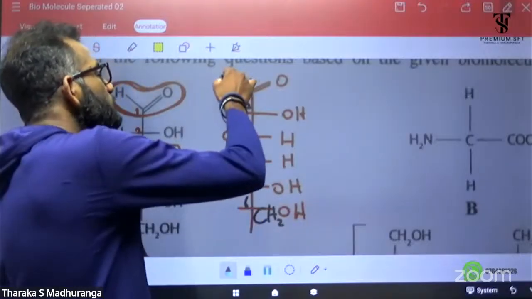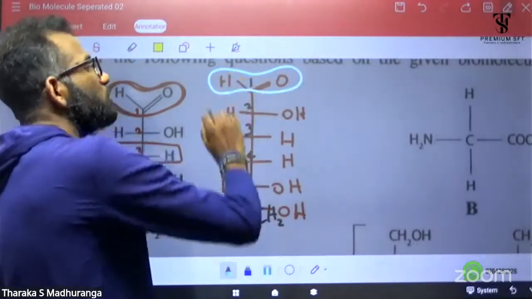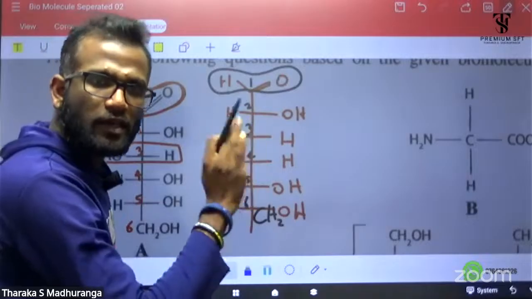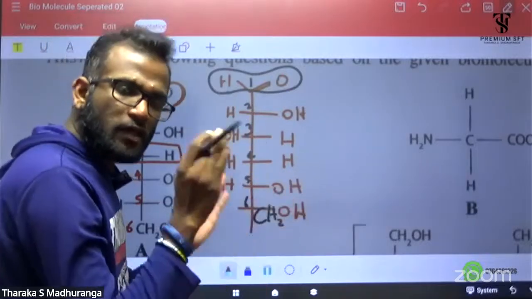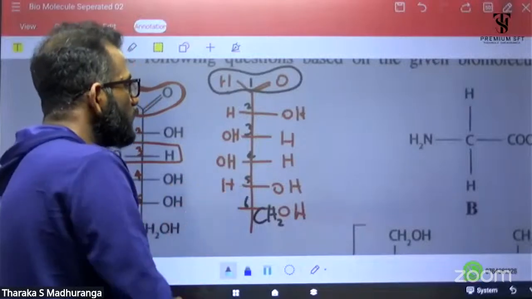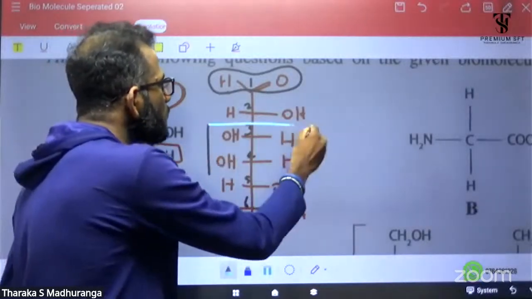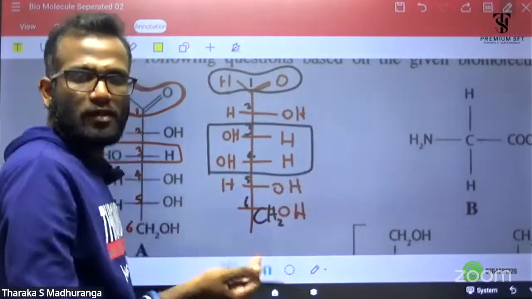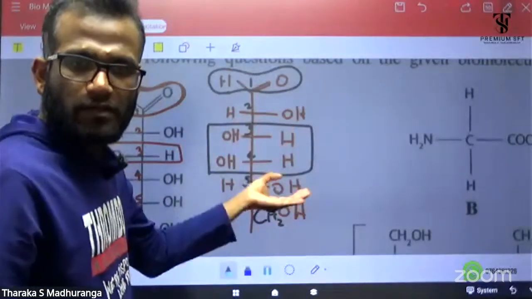In galactose, the first carbon is an aldehyde group, so it is an aldose. You can say it is glucose or galactose. In the linear carbon chain, if both the third and fourth carbons differ from the other carbons,